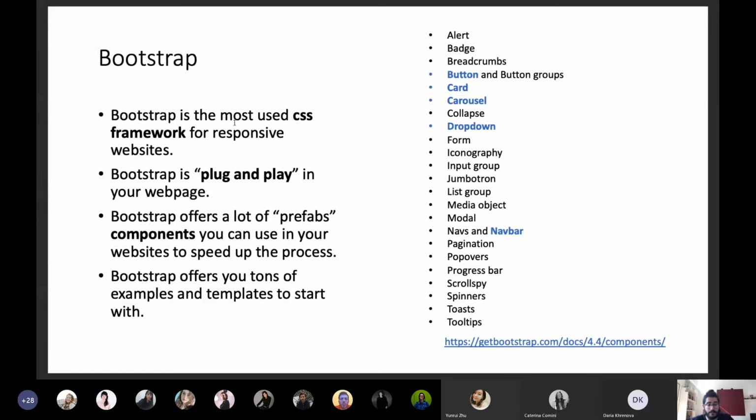In fact, Bootstrap is defined as a CSS framework. So it has its set of rules and its specific target, and it's like a plugin. You insert Bootstrap in your page and you can start using it. These are some components of Bootstrap, and I want to show you the complete list